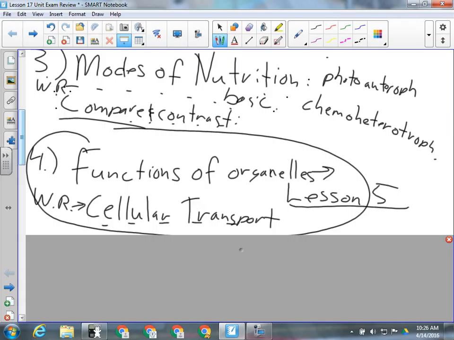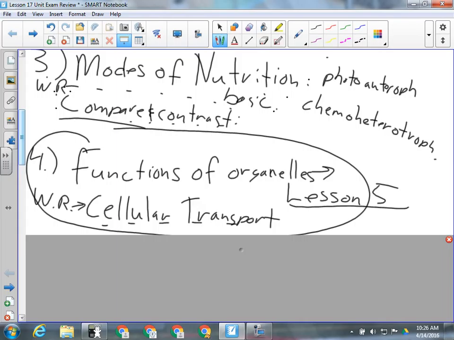How many cell transport methods were we mainly concerned with? 3. There's 2 that are more important than the third, but diffusion, osmosis, active transport, right? Third one's active transport. Okay, so yes, you should be able to explain those to me, or more importantly, because this is how I'm